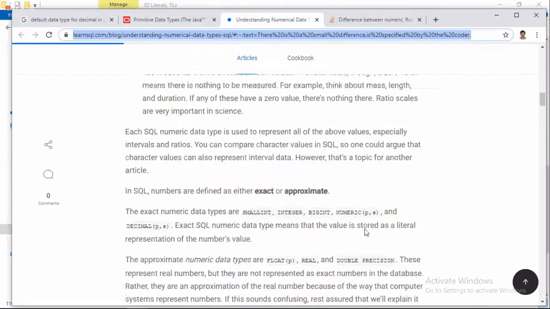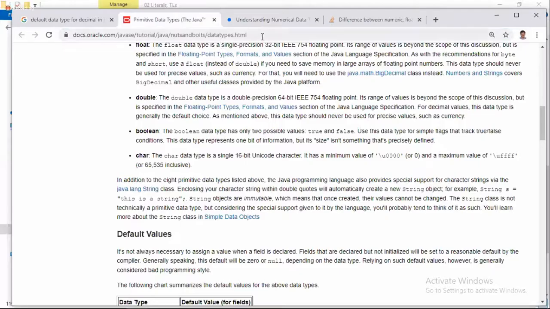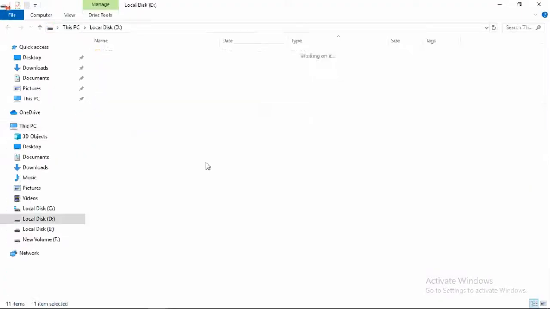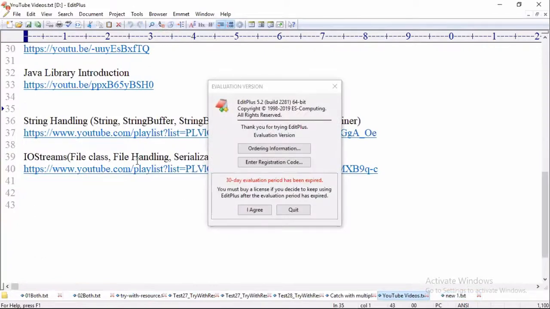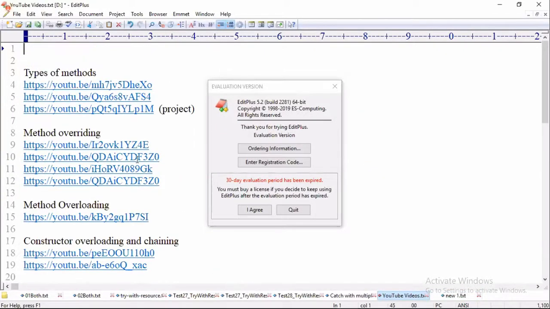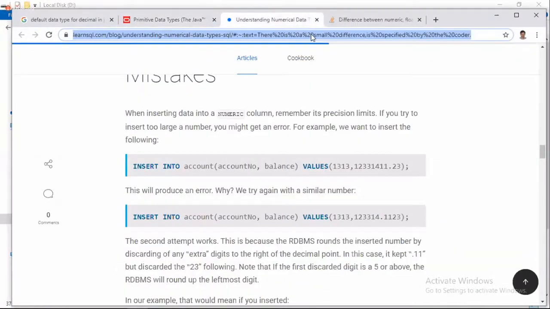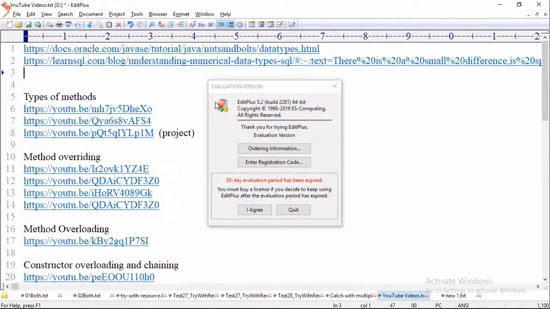Okay, there is also some good information about number systems on this website. So let me save this. When you find good articles, save those links for future reference, okay?